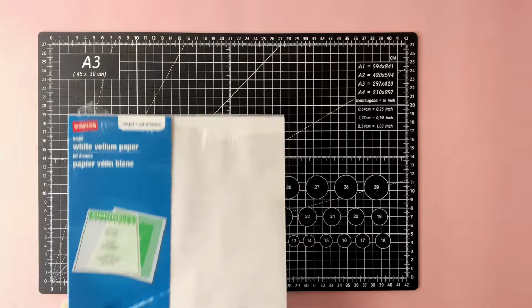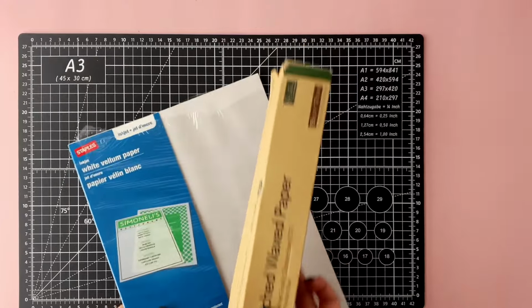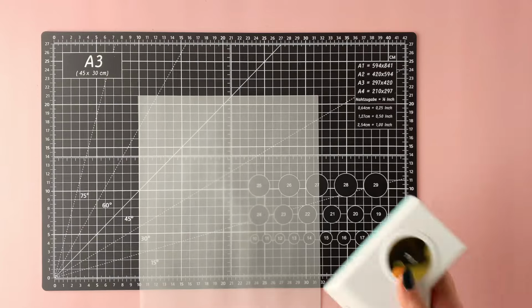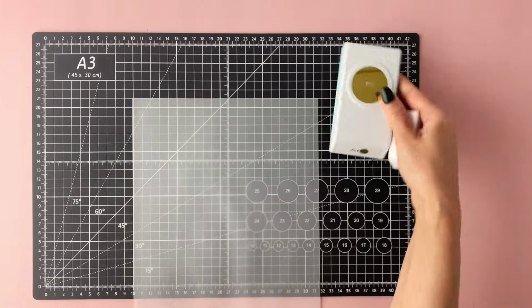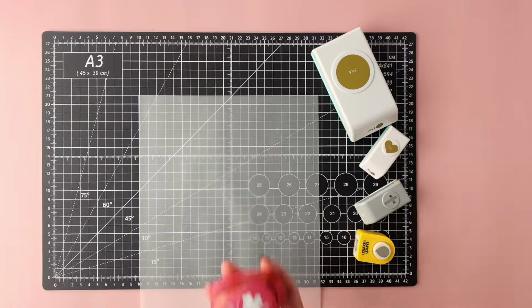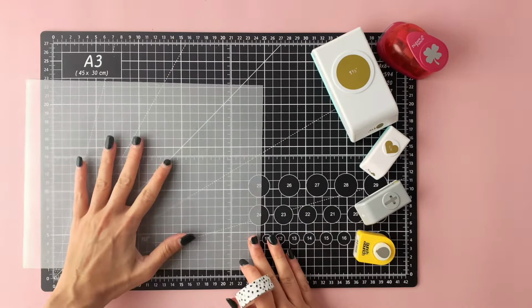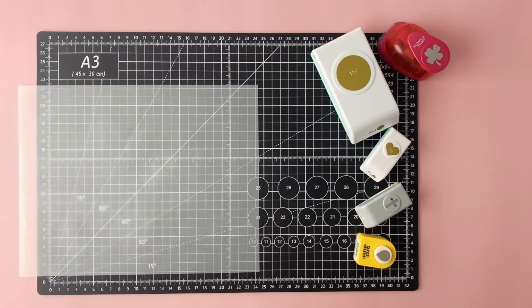I've got a new tip, and today we are going to learn how to make stickers using washi tape. You're going to grab some vellum or some wax paper, whichever you prefer. I'm going to use a sheet of vellum here, and if you are like me and you are a crafter, you have all of these random stamps laying around, and we are going to put those to good use today. So I'm going to turn my sheet sideways here, and the secret to making the perfect washi sticker is